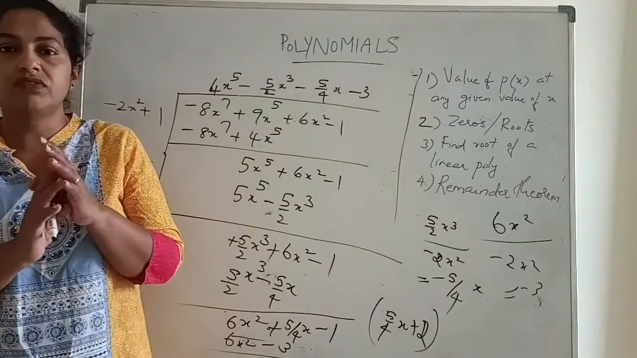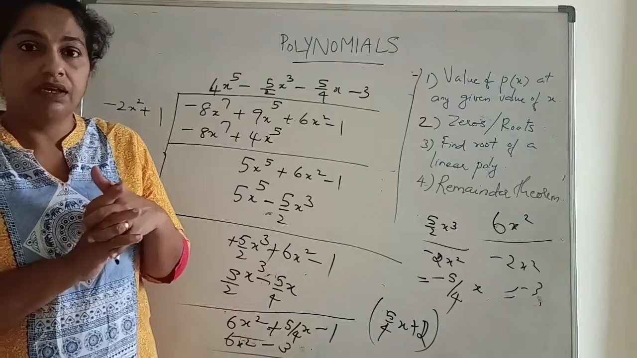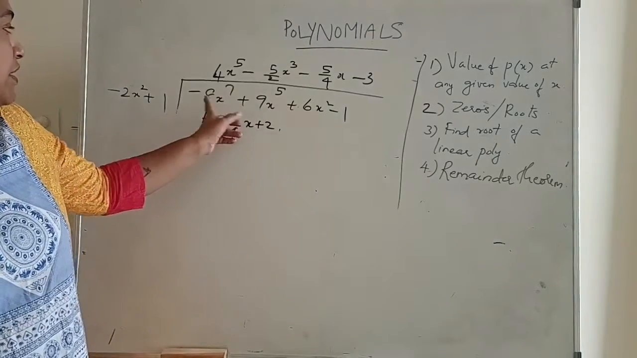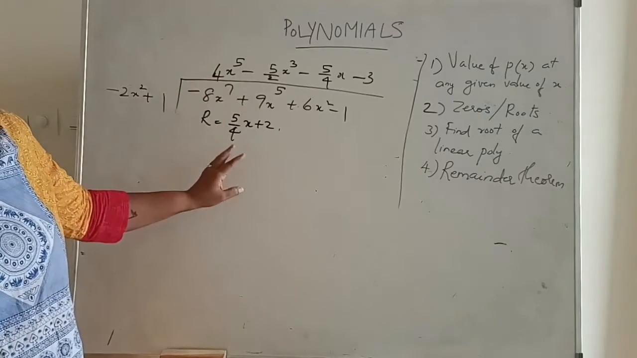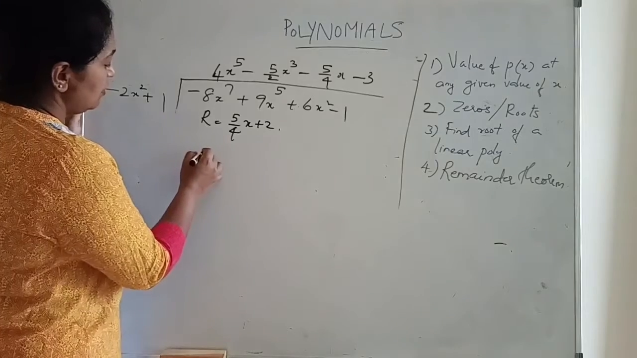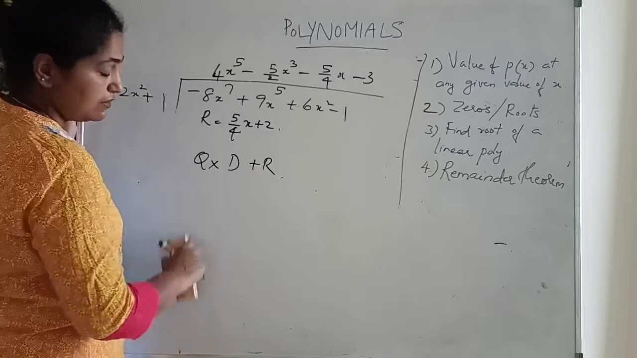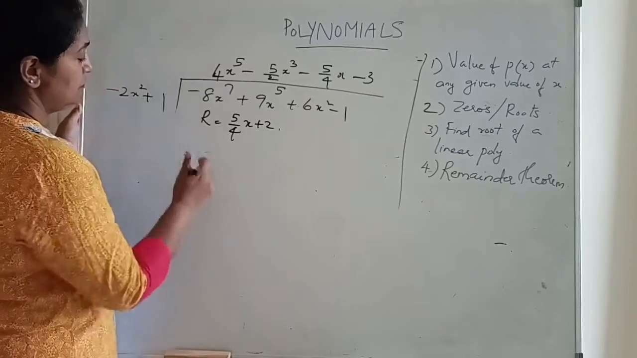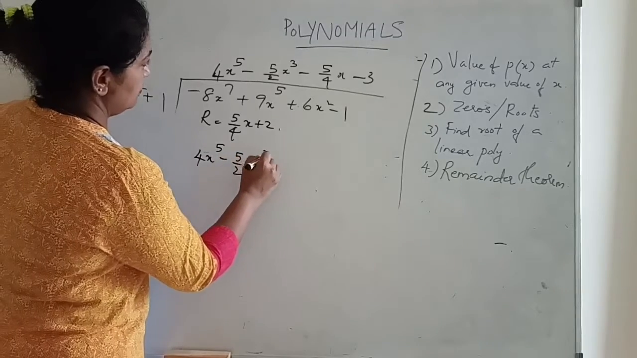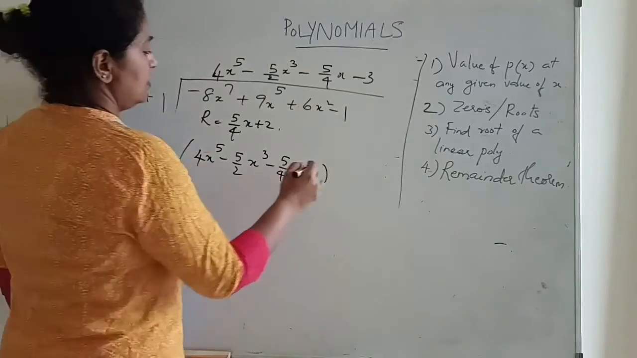Now, we have to see if the dividend is equal to divisor into quotient plus remainder. Okay. Fine. Dividend, divisor, quotient, remainder. Very complicated quotient. Okay, fine, whatever. So, quotient into divisor plus remainder is what we have to check, right? Quotient